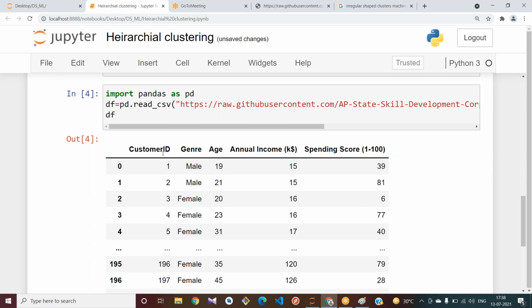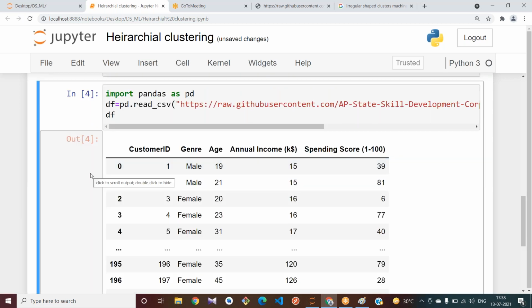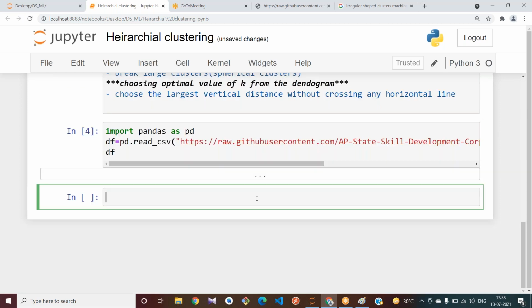Customer ID is not that important, and gender we need to label encode. Either we can use this column, or let us skip it for now. If you wish to apply it, label encode it. I'm skipping it now, to focus on applying hierarchical clustering.